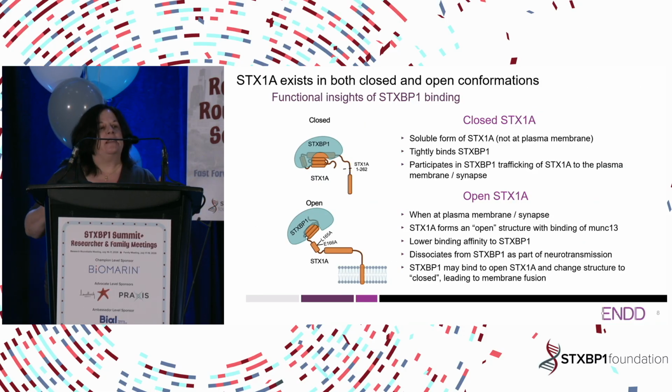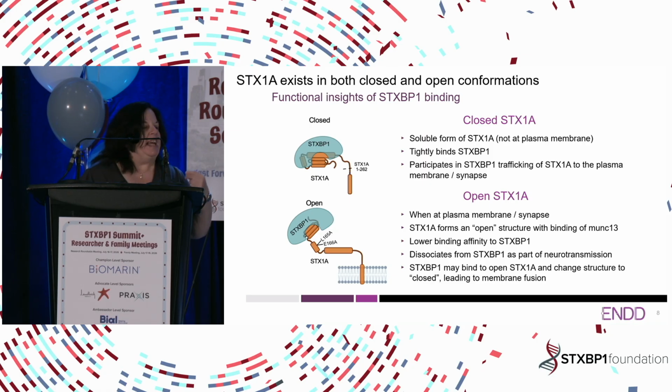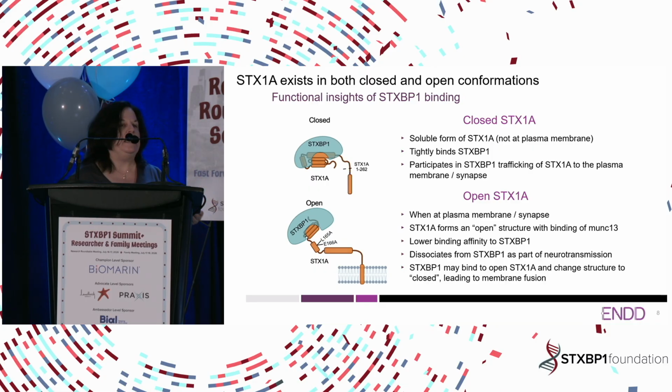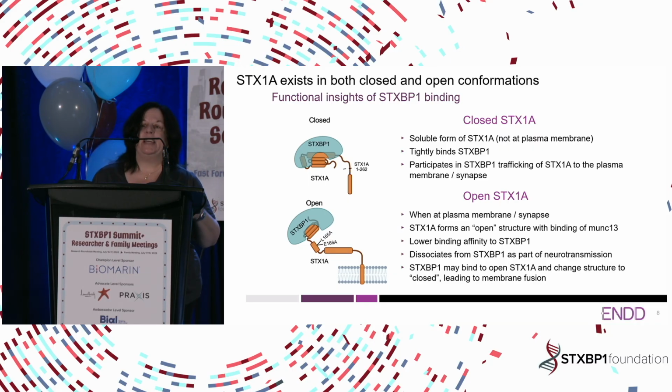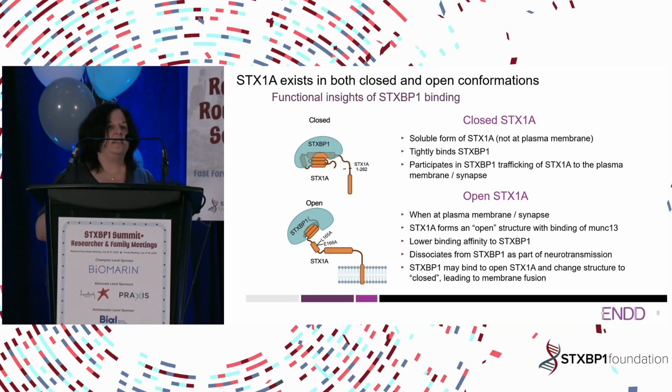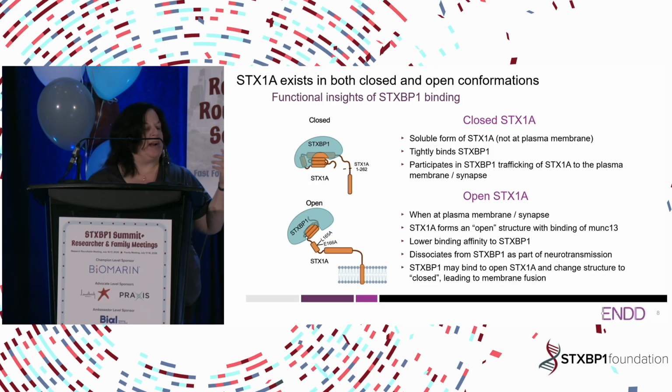Now, the other thing that I'm going to introduce to you is that syntaxin exists in both closed and open conformations. And these can provide functional insights into STXBP1 binding. Now, closed syntaxin is the predominant syntaxin that binds STXBP1 because it's very tightly bound. It has a high affinity for STXBP1. And in this conformation, it's soluble and it can traffic, STXBP1 traffics syntaxin to the plasma membrane to allow for